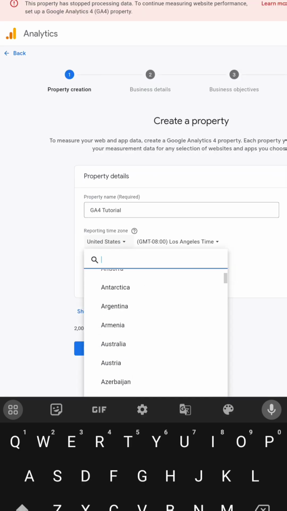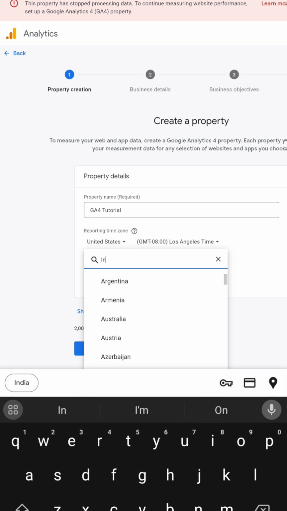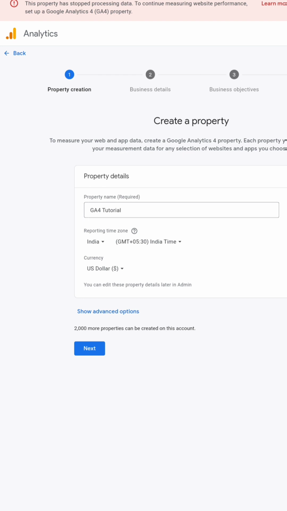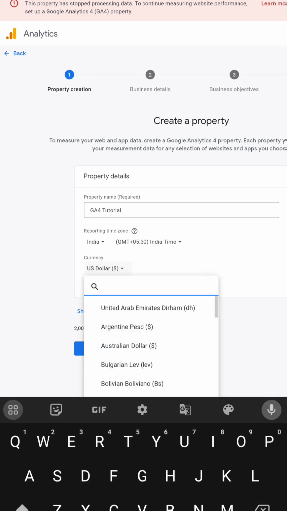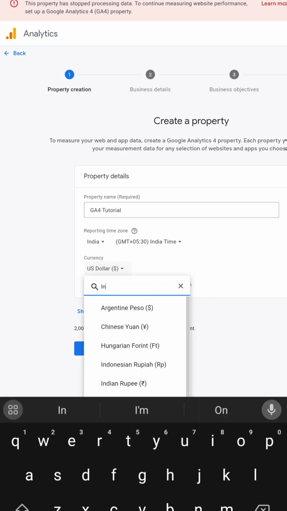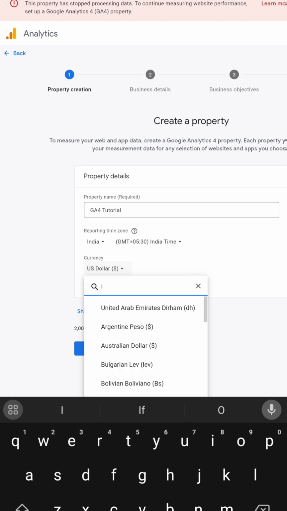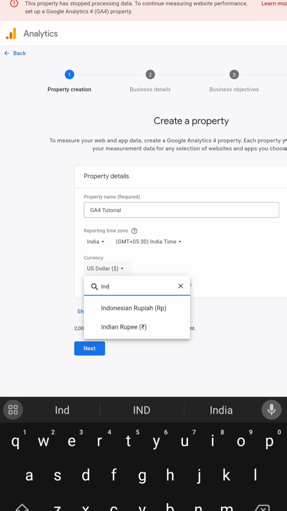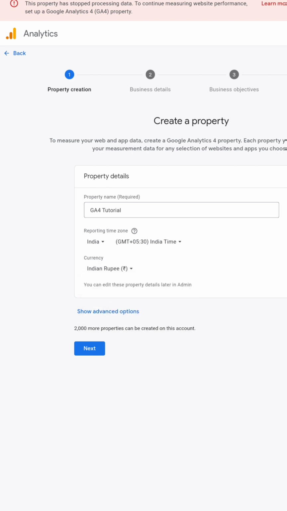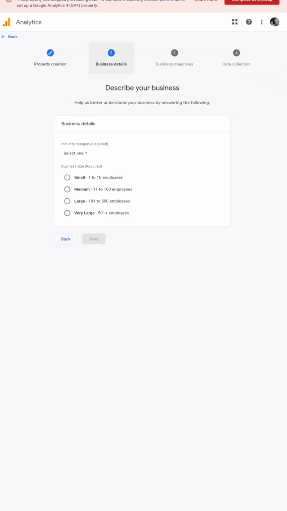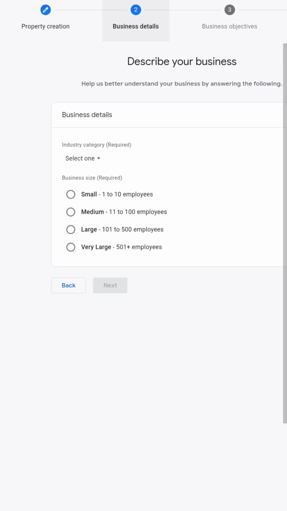You can select according to your country. For me it is India, so I'm selecting India here. Now you have to select currency. You can select according to your country. For me it is Indian rupee. Now clicking on the next button, we will go to the next step, and in the next step we have